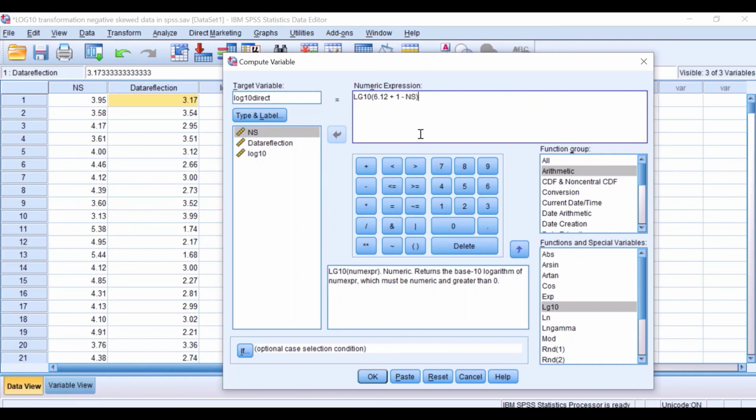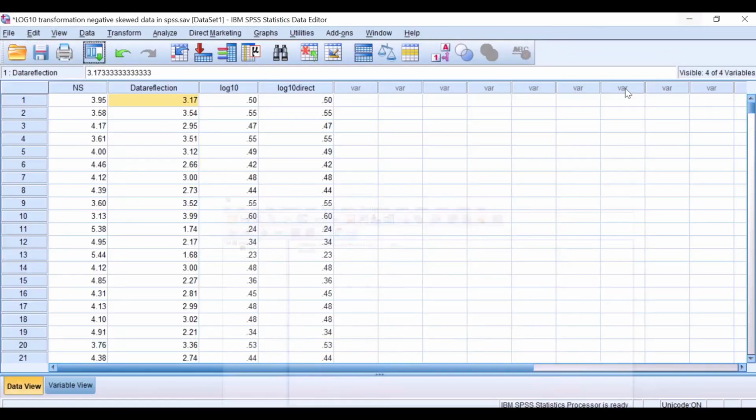So here we now have an equation that says do a log10 for data that will be reflected. So reflection and log10 will be done simultaneously. If I click OK, again you can see that a column has been generated for log10 direct,